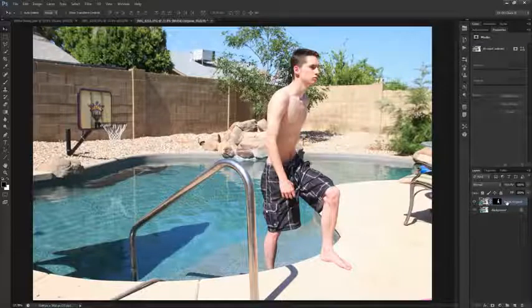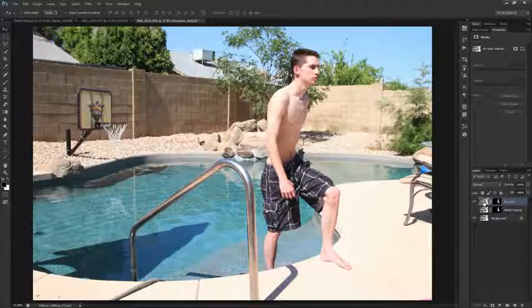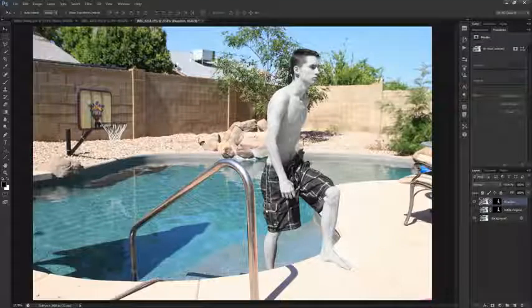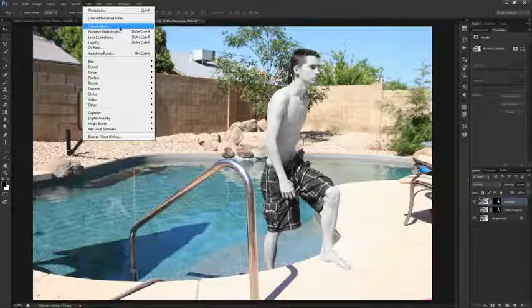Let's duplicate this mask original by hitting Control J, or Command J if you're on a Mac. I'm going to rename this to Brandon, and let's turn that off. Let's desaturate this layer by clicking this thumbnail over here and hitting Control Shift U, or Command Shift U if you happen to be on a Mac. The next thing we're going to do is make me look kind of watery. The way we're going to do that is by going to Filter, and we'll go to the filter gallery,